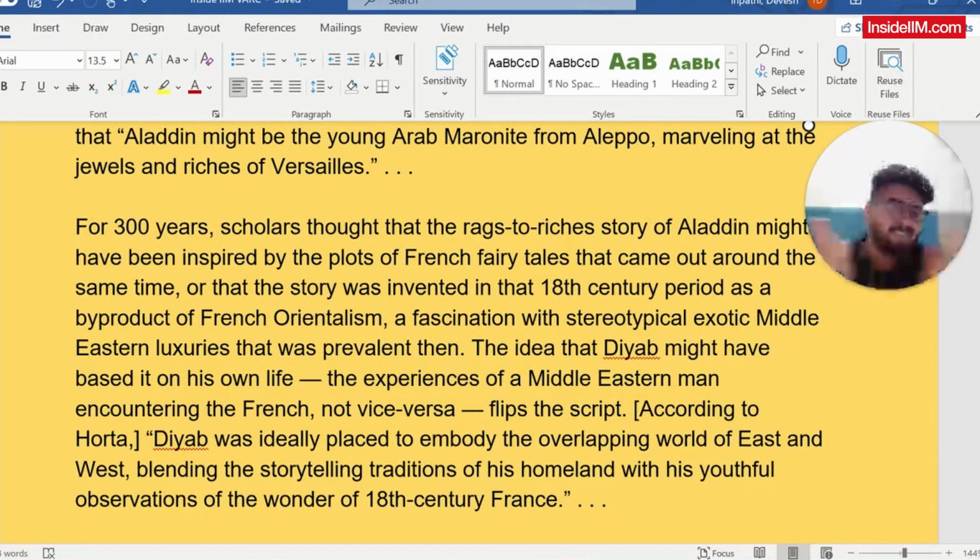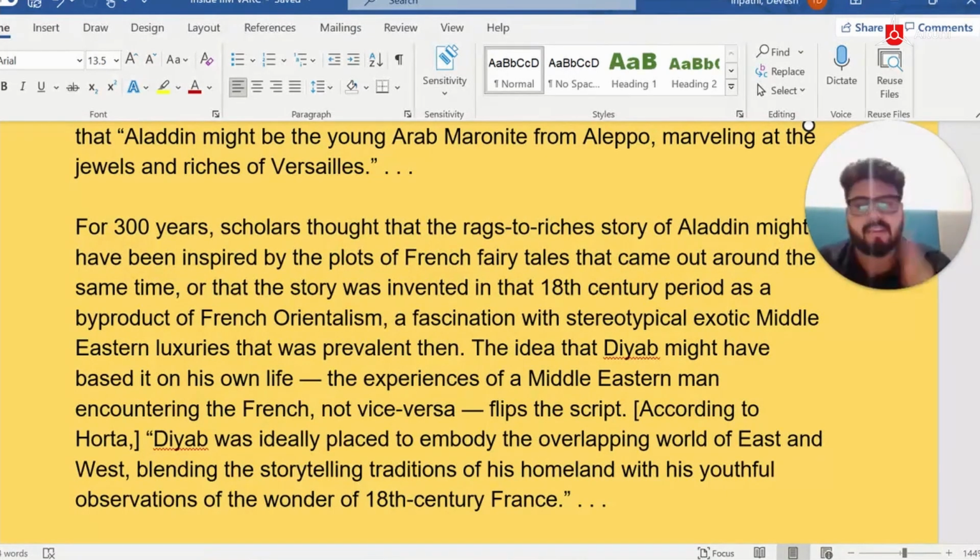For the past 300 years, there are basically two ways in which scholars think that this book, Arabian Nights, would have been written. Two hypotheses have been laid. One is that it was written on the similar plot line of a rags-to-riches story